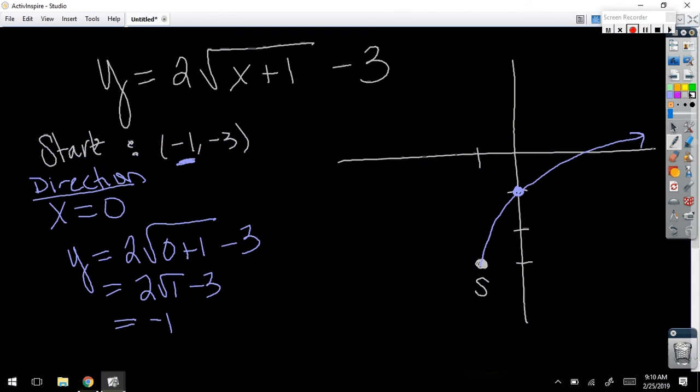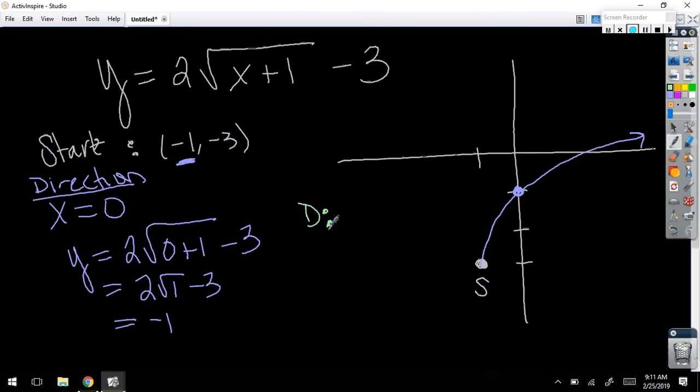Hardest part of this is going to be what I'm fixing to ask you to do. Domain. What's the domain? So domain is my x. It's left to right. What is the domain? Joseph, what would the domain of this be? It would be